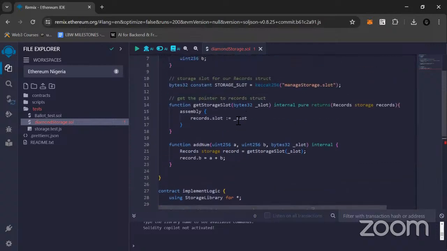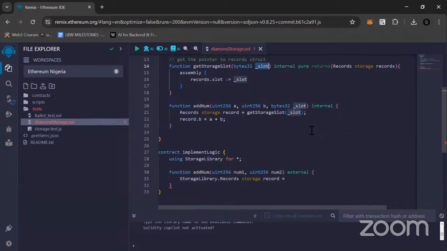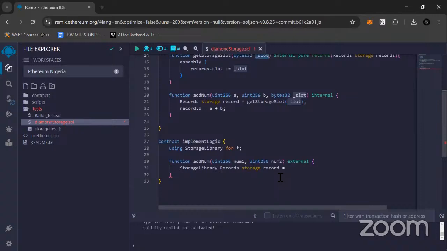Remember, we have a function that every time we need to point our smart contract to our storage, we have to call this function, right? This get storage function. And the get storage function takes in a slot, right? And this slot is what we use to actually direct our smart contract to that particular memory on the blockchain. So implementing that, we are going to call